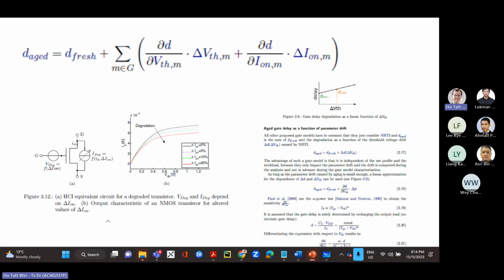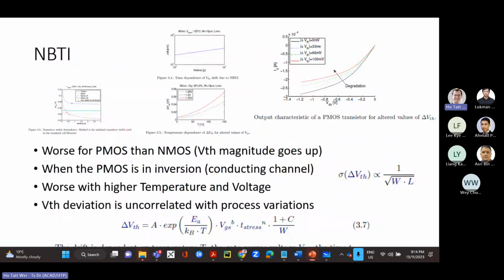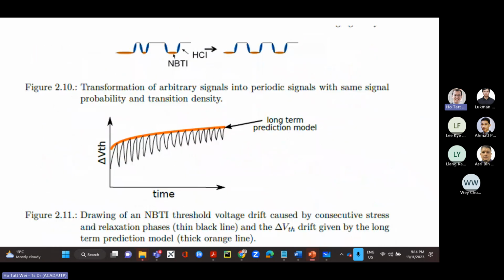Then you have to start pulling all these things together. You have to look at how you can compare whether it's transitions or logic levels. Again, it's not every logic level, right? Logic 0 will affect the PMOS, logic 1 will affect the NMOS. You have to be able to see the circuit. Is it mostly going to be a logic 1 or logic 0? Or is it going to be roughly half? And then how many transitions are there? Is it going to be transitioning very fast or very slow? Then use that to argue which is the dominant aging effect.